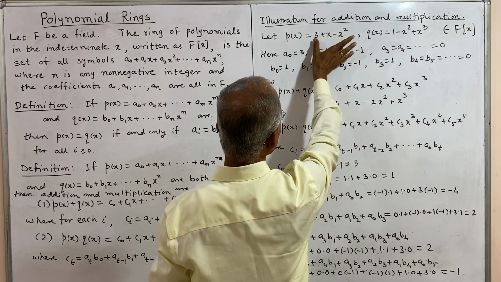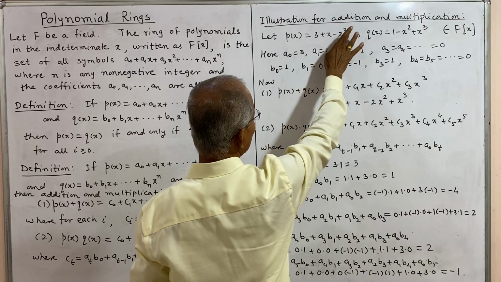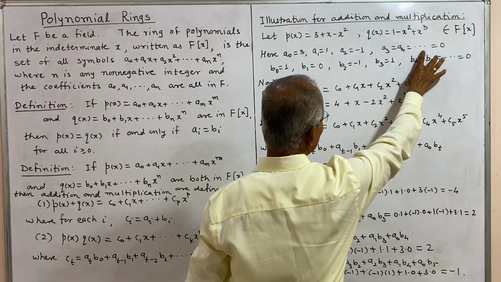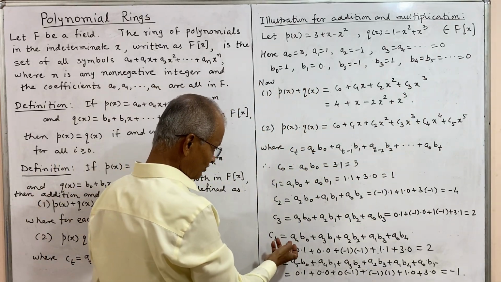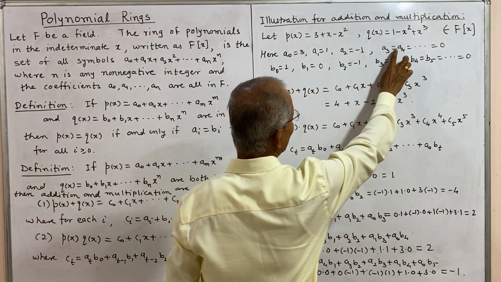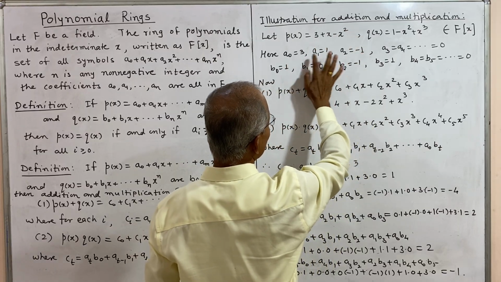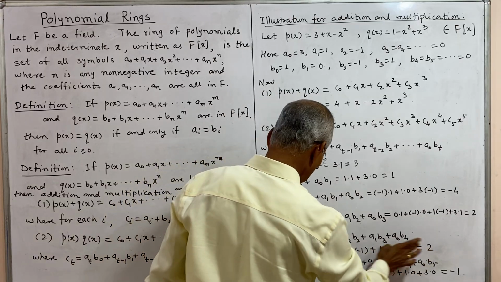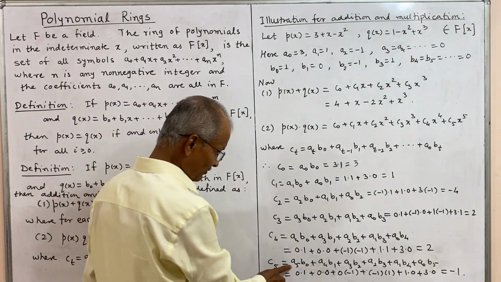So only the existing, non-zero coefficients are considered, or up to degree 2 the coefficients are to be taken, and further coefficients are to be considered as 0 in both the polynomials, and then we can use those values. A4 is 0, B0 is 1, A3 is 0 again, A4, A3 are 0 here. The polynomial is of second degree only, and therefore there are 3 coefficients. And then A2, B2, putting these values, we get C4 as 2, and similarly C5, A5 into B0,